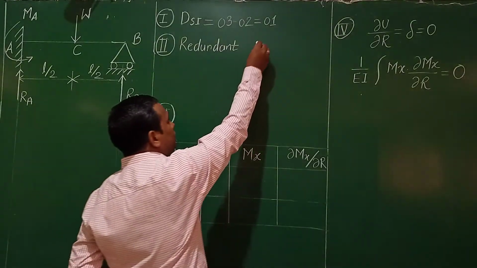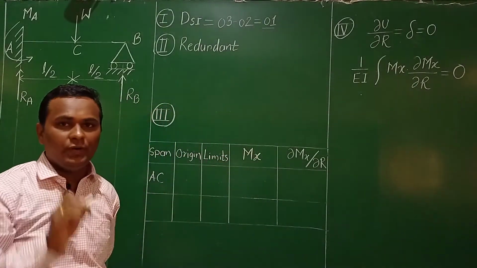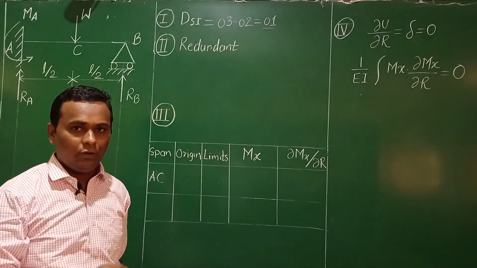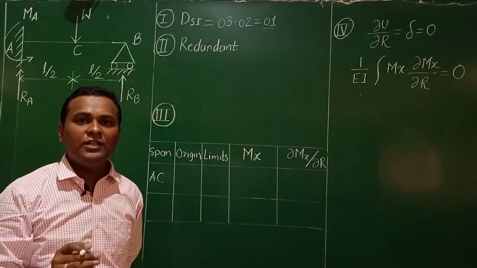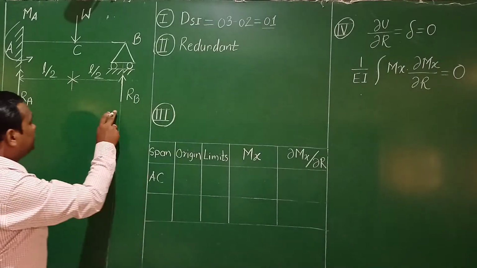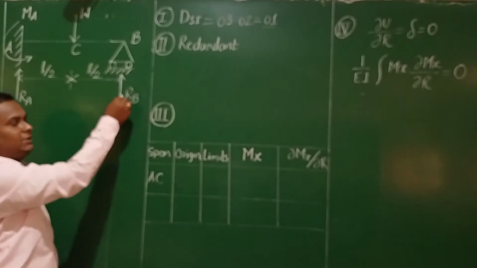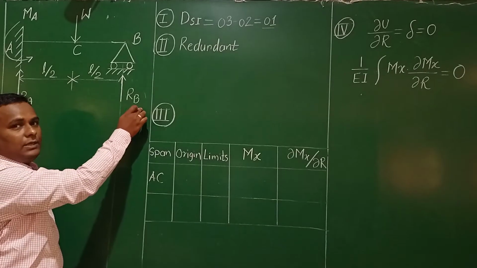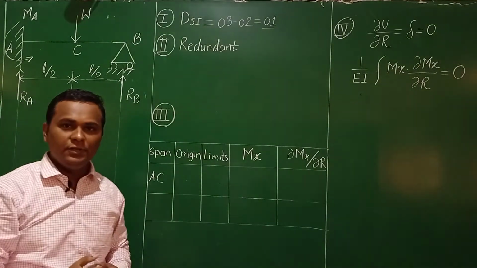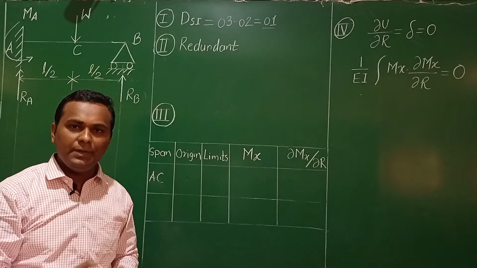Now here if you see, the degree of static indeterminacy for this given example is 1. Means what? If I remove this particular action or this particular unknown, the structure becomes statically determinate. For example, in this case, if I neglect this vertical reaction at B, that is RB, what happens? It is just like a regular cantilever beam. So you can solve it by using equations of equilibrium.